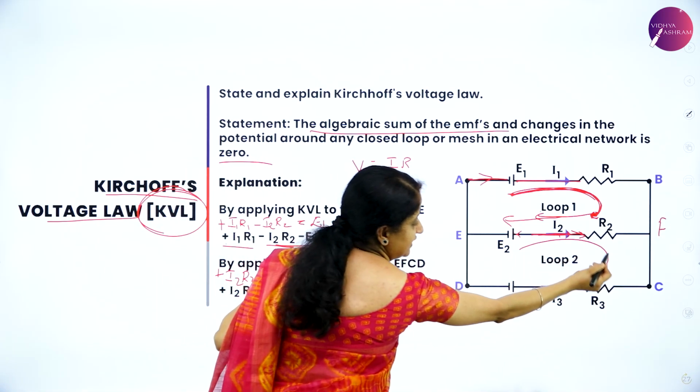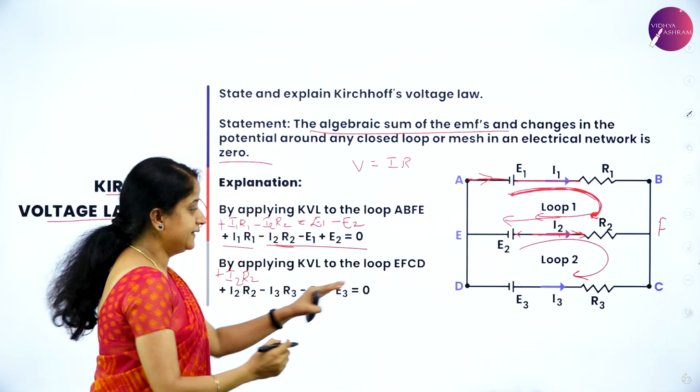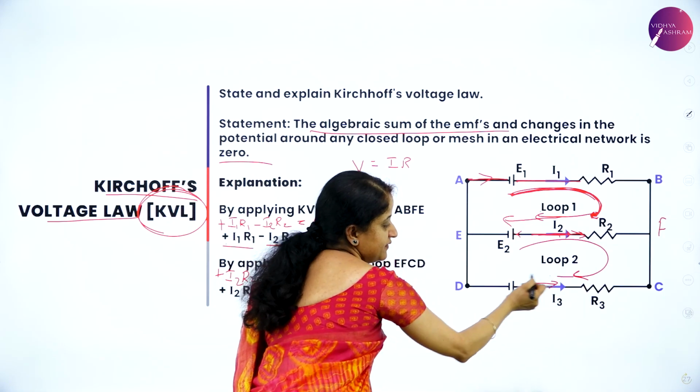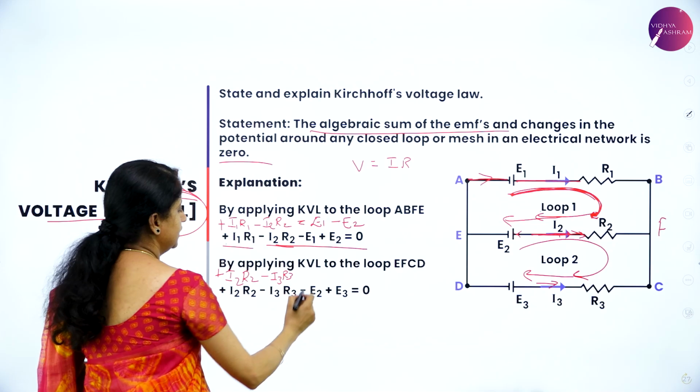Now I am observing in this direction, so it is just opposite to the current direction. That is, I3 R3 is in this direction, but my observation is opposite to that. And hence it is minus I3 R3, which is equal to